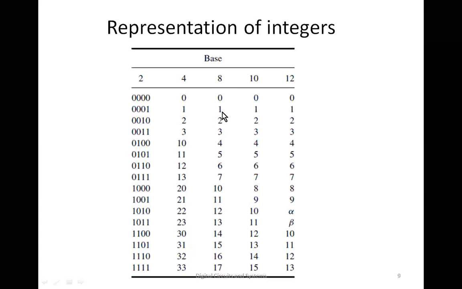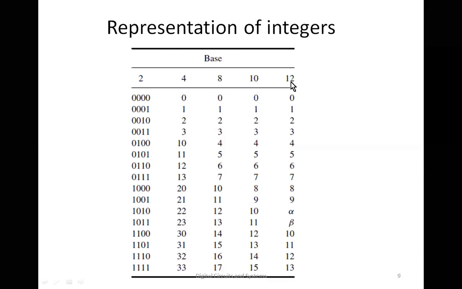0, 1, 2, 3, 4, 5, 6, 7. After 7 what comes? Not 8. There is no 8 here. So instead, when all the symbols are used one time, we reuse them again. If you look at the first digit, it goes 0 to 7, again 0 to 7, and so on. The second digit changes 1, 1, 1, 1. When you have used all the symbols, the next time you will get 2, and so on. And this is the decimal counting.